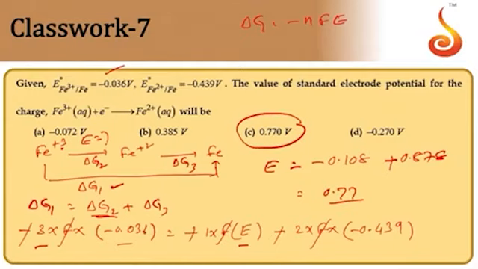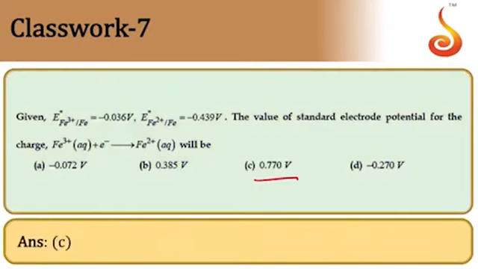So we applied the Latimer diagram here. That is, potentials are not additive, but delta G will be additive. Therefore, applying the Latimer diagram, we can take the overall delta G value from Fe plus 3 to Fe. Delta G1 can be taken as delta G2 plus delta G3 here. And delta G will be given as minus NFE, where N stands for the number of electrons in that particular process, and E naught is the value given to us. So the answer is 0.77, and C is the option.